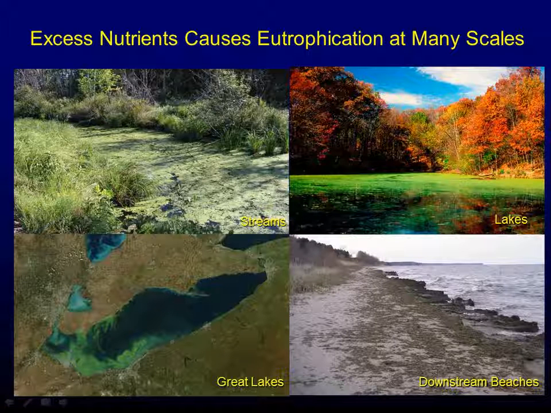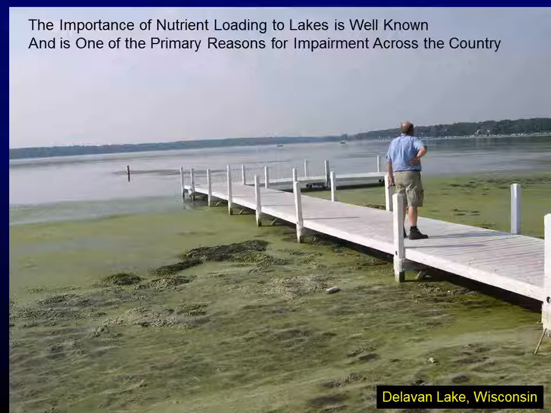As most of you know, one of the most extensive problems we have in water quality in the Midwest, the U.S., probably the world, deals with excess nutrient loading, mostly phosphorus and nitrogen, coming in from the watershed, and it's causing all kinds of problems. We're seeing problems in the small streams and small lakes, but it doesn't stop there. It goes into much bigger systems like the Great Lakes. We're seeing algal blooms in Lake Erie, Cladophora on the beaches.